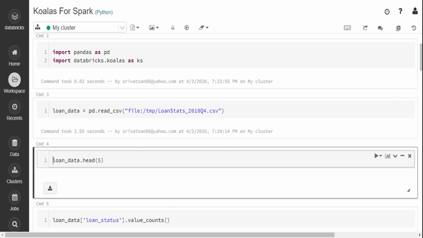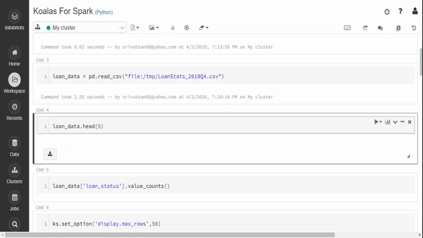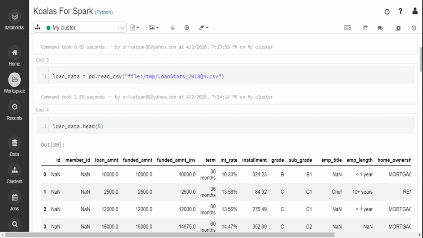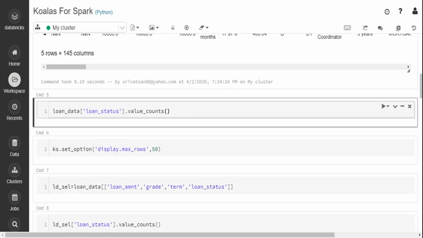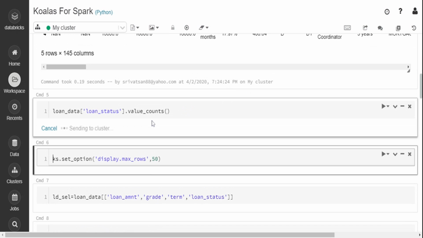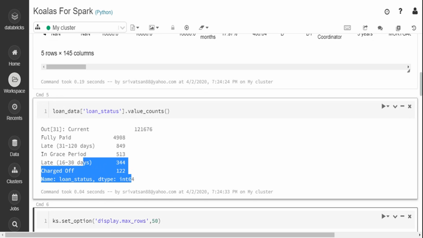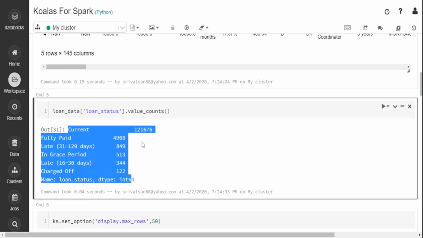I'm not going to talk more about Pandas, just one or two syntaxes, and show how easy it is to use Koalas with the same syntax. Then I'm just printing the first 5 records of the Pandas data frame, and I'm doing a value count over here of that loan status column. So the loan status column is basically the target column that says whether the customer has defaulted, the customer account is current, or it is running 30 days past due, 60 days past due. So it will just give me how many records are there in each target bucket. That's what it's telling me. Now this is Pandas, right?